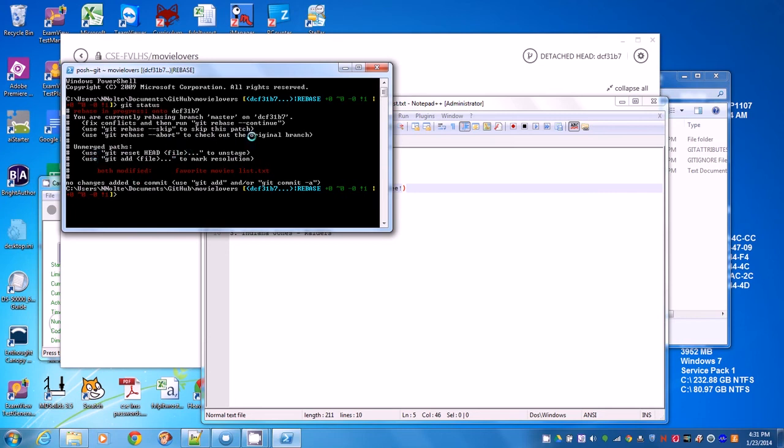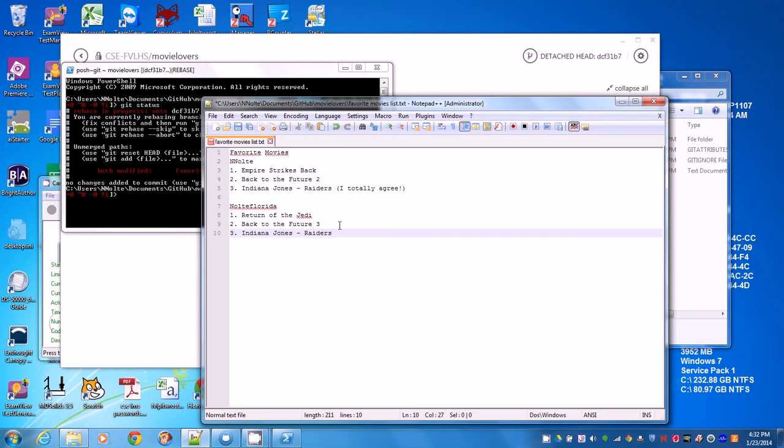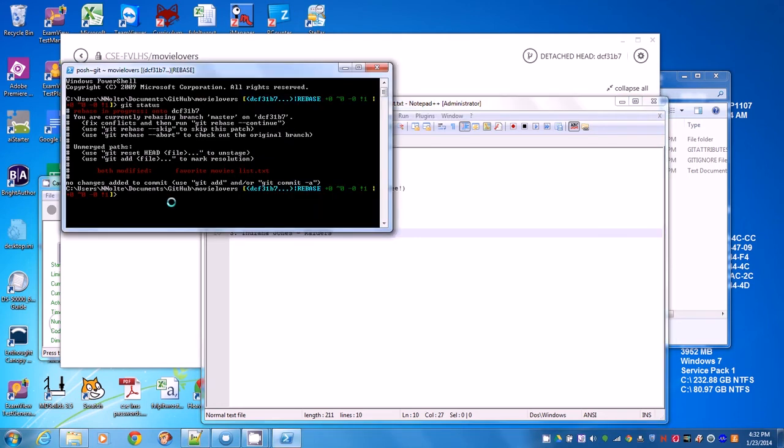So I fixed the conflicts. I want to make sure I save that. So I've made my changes here and I press save. Then back in the shell, I just type git rebase --continue. Actually, before I do that, I have to add those changes I did. So it says no changes added to commit. Use git add and/or git commit -a. Let's just try git